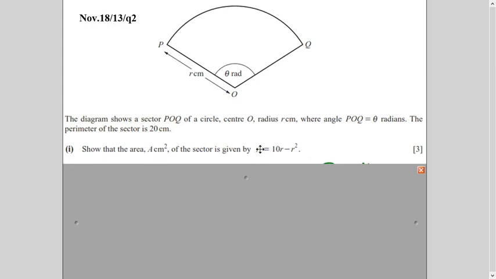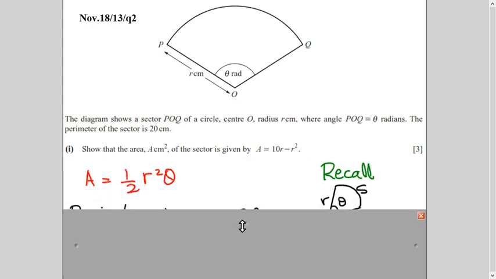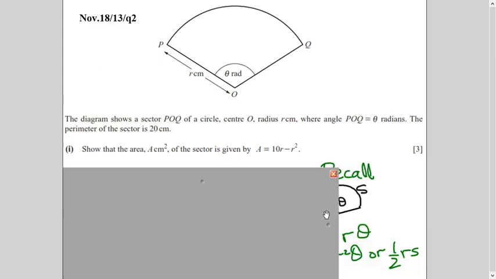So before we begin, you need to recall few formulae which are used in circular measure topic. Number one, you see the arc sector. In this sector, this is arc length S, this is radius, and this is theta in radian. So one connection between arc length, radius, and theta is S is equals to r theta. And second is about the area of the sector. There are two formulae which are used. A is equals to half r squared theta, or area is equals to half rs. So both are used to find the area of the sector.